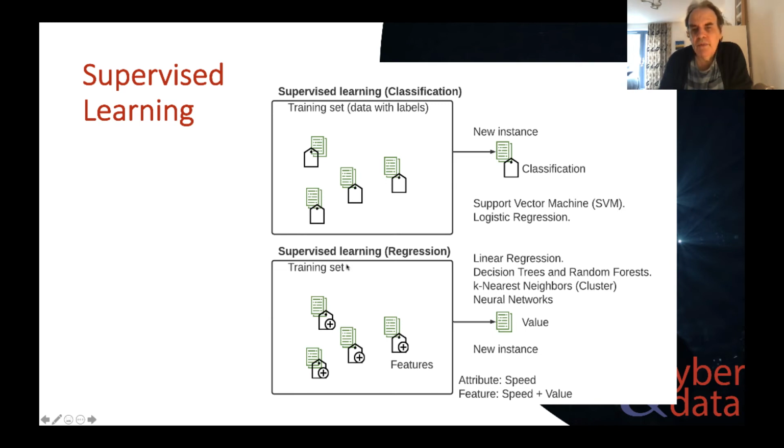We might also want to predict numeric values, such as the number of logins over an hour. For that, we can use the regression methods: linear regression, decision trees, random forests, and k-nearest neighbours. For this, we have numeric values, and we use the training set to train on the expected value or the real value. And then when another value comes in, we can make a prediction on a certain attribute or feature.